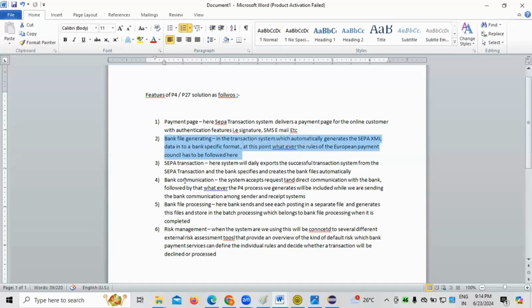Third one is about SEPA transaction. SEPA transaction means whatever the SEPA transaction system we are going to use, we need to export the data, because normally data means I'm talking about the payment data. Payment data, we need to export all this data daily. So whenever we are exporting the data to the payment SEPA transactions,